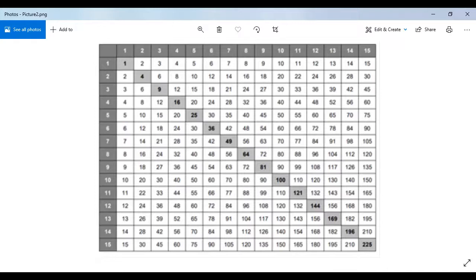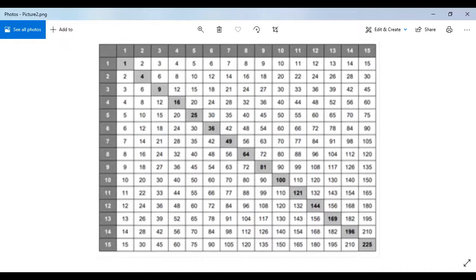You will write the 12 with your lead pencil above it, 3 cross 4, right? Then the next is 5 cross 2. Look for the answer of 5 cross 2. The answer is 10, right? So you will be writing 10 over here. Now see which one is greater. By looking at the numbers, see which one is greater. 12. So the open part of the crocodile's mouth would be toward 3 cross 4. Very well done. This is the practice that we will be following.